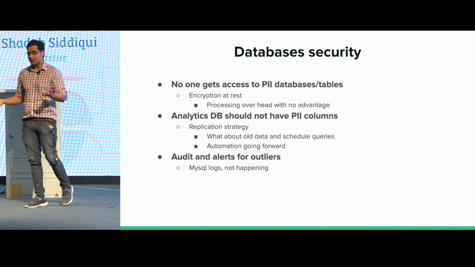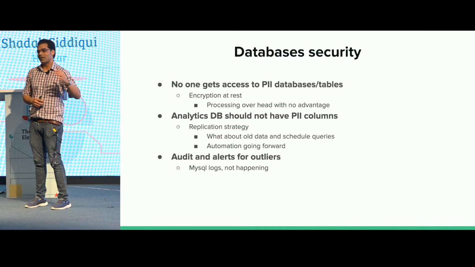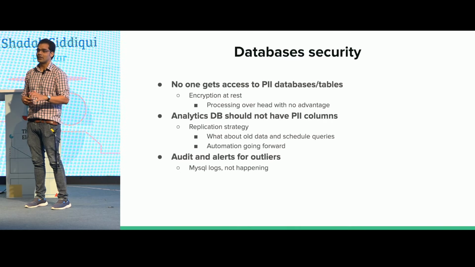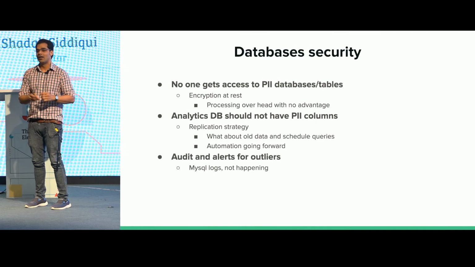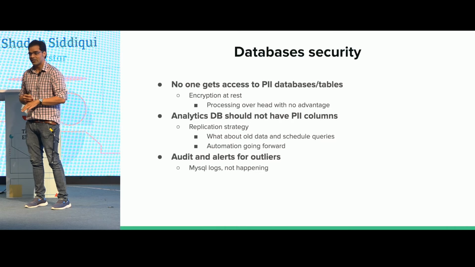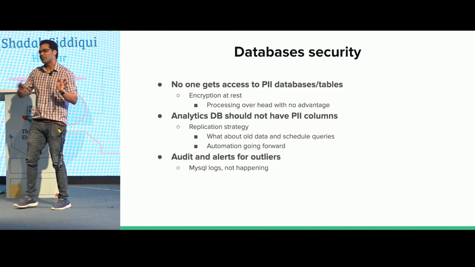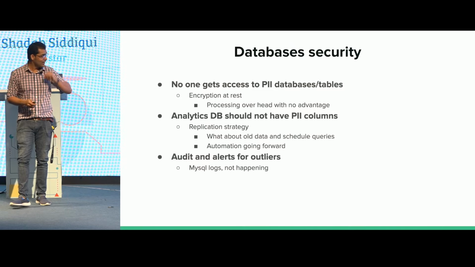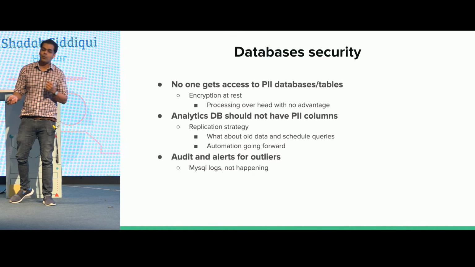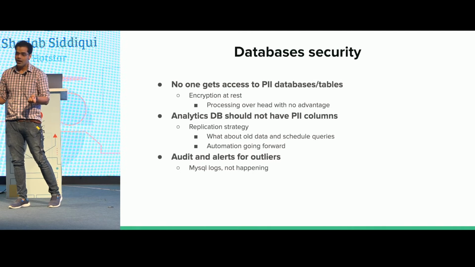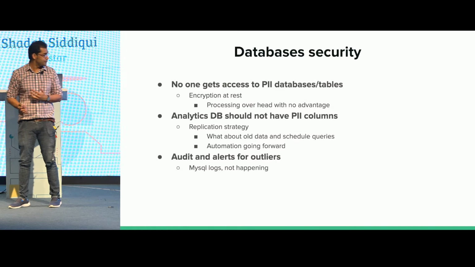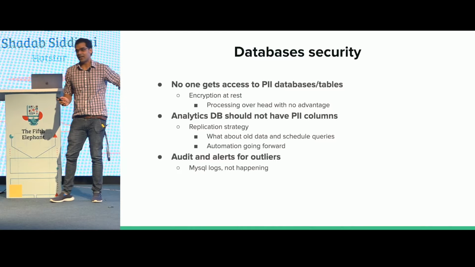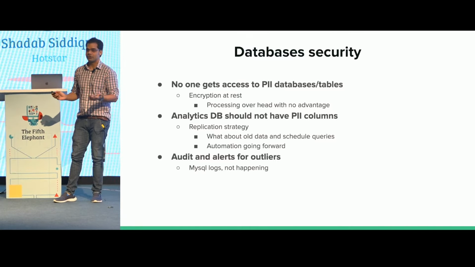We had Analytics DB. We could say, hey, we're going to stop the replication strategy that we had on Analytics DB. So Analytics DB, where mostly everyone has access, does not have PII data. But Analytics DB was set up years back. It has a row-based replication strategy. Couldn't work it out, too many changes to do that. We wanted audit, in terms of if someone goes rogue and tries to do something, how do we protect? Because security is all about being more preventive than reactive, right? So these are 3 things that I wanted to solve, but all the traditional approaches didn't work.